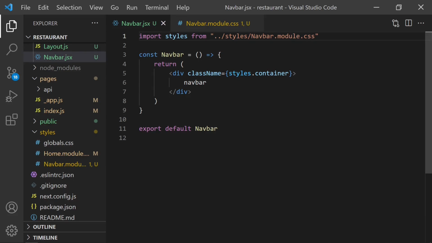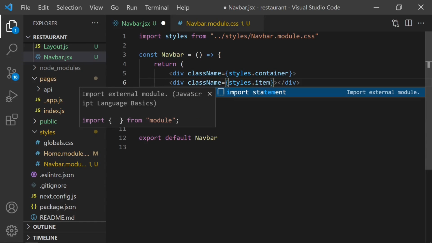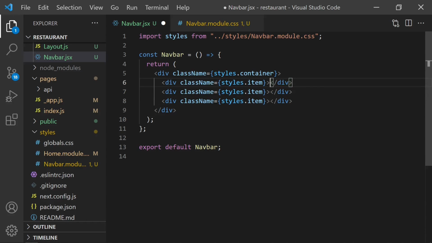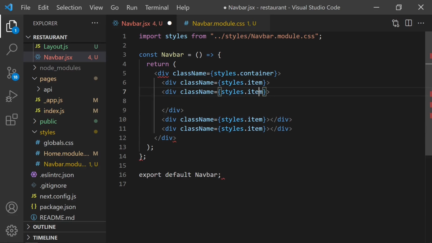But before, let's decide what we are gonna need. Firstly, we are gonna have 3 items. Let's say item here, and 3 of them. First one will include our phone number and some icon maybe, and second one will include menu items, menu links, and the last one will be just cart button. Okay, let's do that. I'm gonna create new div here. It's gonna be call button,